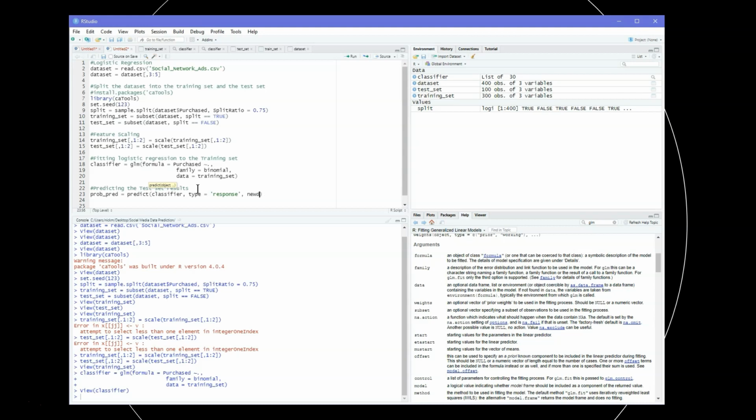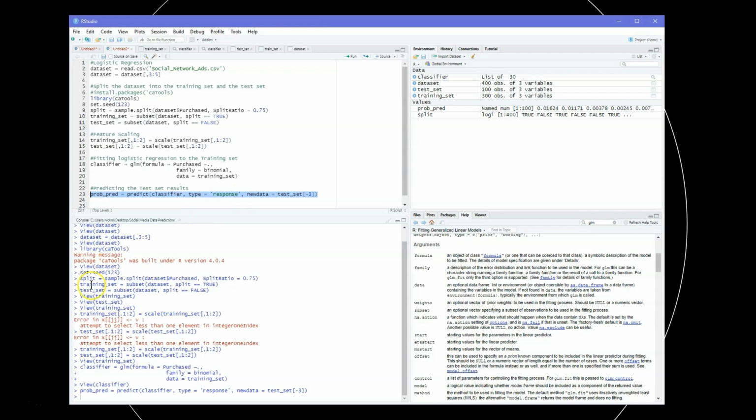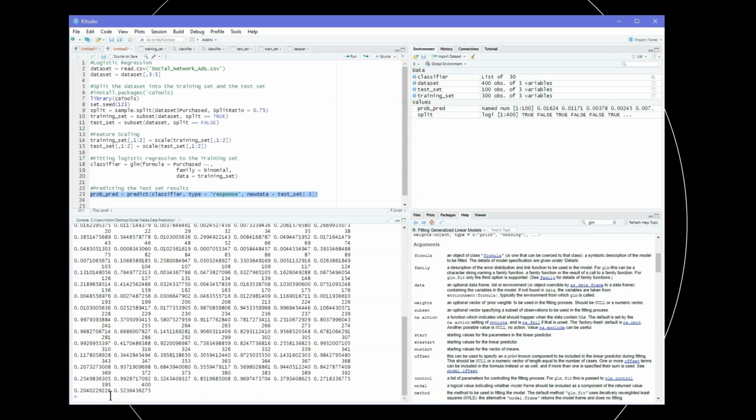Now, we also want to work on new data, because now we want to operate off new data from the test set. So this is where we make the prediction. And we're going to select to use the age and estimated salary, but we're not using the purchase column. So that's why we've used the -3, and that's just to make it so that the prob_pred contains both of those values, but it's not operating off of the dependent variable. So when we execute,